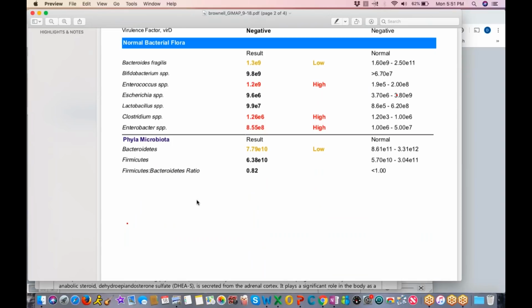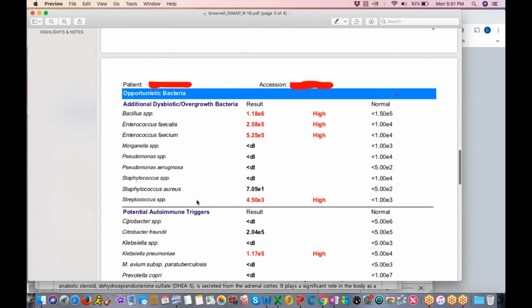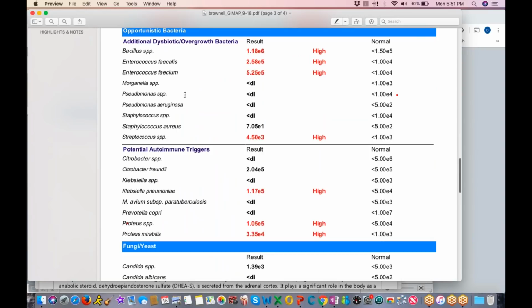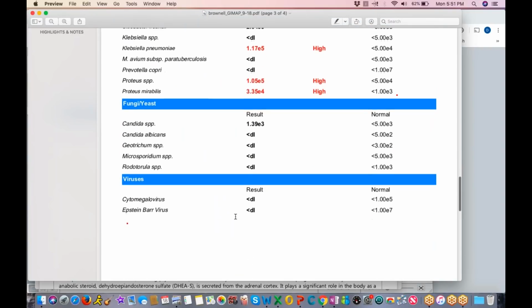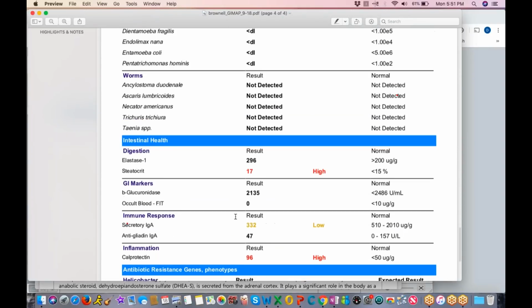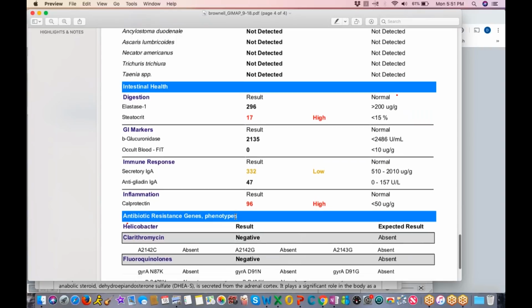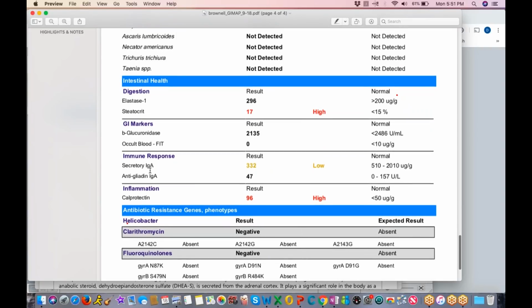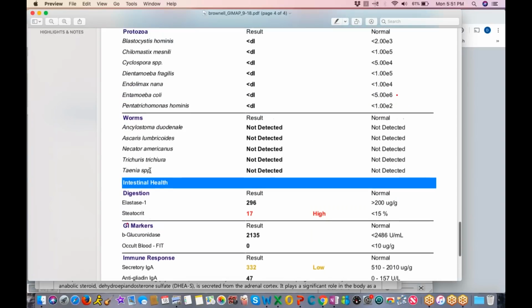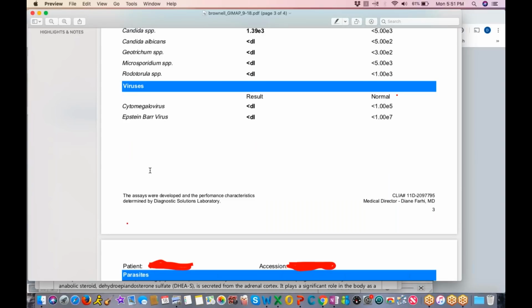But then we have to ask ourselves, well, what's disrupting the biome? And then we come under opportunistic infections and botulism and enterococcus and streptococcus, Klebsiella, Proteus. This poor guy has just almost every infection under the sun. We measured his secretory IgA, which is like the immune barrier of the gut, and it was really, really low because it had been beaten on by these infections. So a big part of the work that we're going to have to do with him is support his stress hormones, but restore this proper function of the gut. Otherwise, there's really no way that he's going to get better.